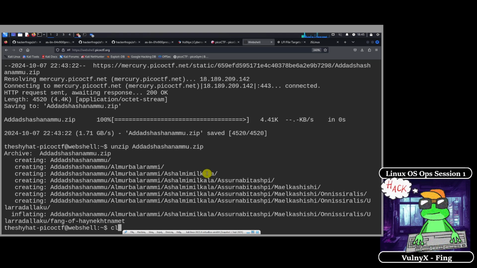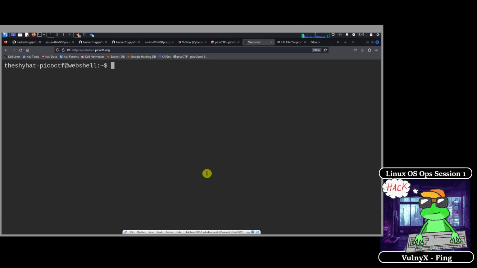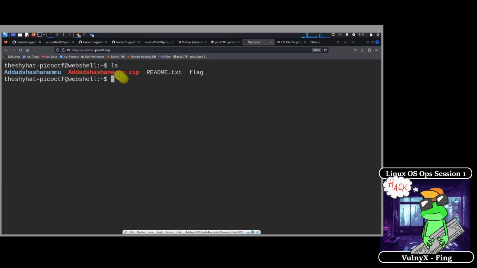So what we're going to do is we're going to clear off the terminal, and then we're going to use ls to take a look at what's inside of this directory. So we see here that because the name of this file over here is blue, in this terminal, that means that this is a directory. So a directory is kind of like a location inside of the file system.